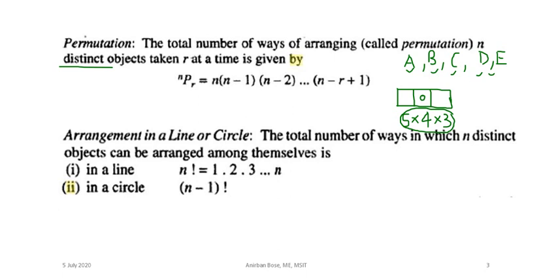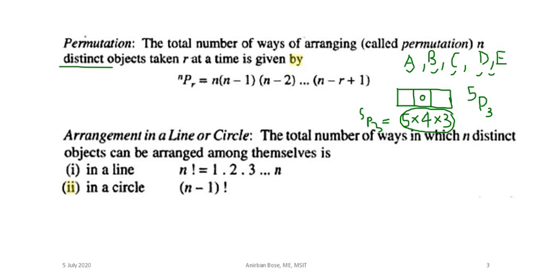This thing written here can be written in a simplified form as follows. Since there are a total of 5 letters, and we want to know in how many ways we can arrange, that means permute, that is 5P, and since we are forming 3-letter words, so 3. So this is 5P3. So 5P3 is basically this quantity. This is the general form.